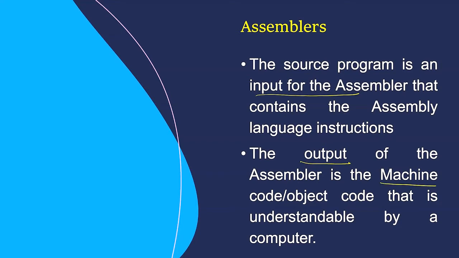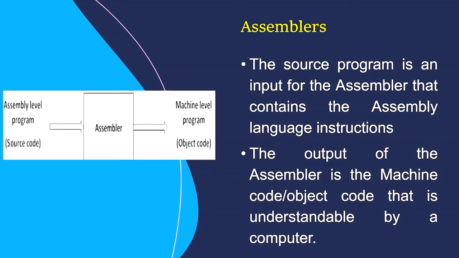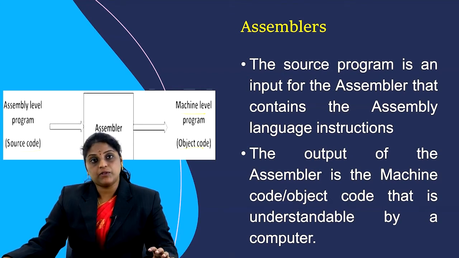The output of the assembler is nothing but the machine code or object code that is understandable by the computer. So this is the block diagram of an assembler. The assembler takes the assembly language program as an input and provides the object code or machine code as the output. So these are the three types of language interpreters used in common: